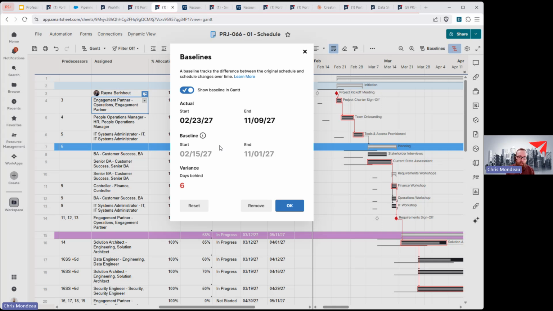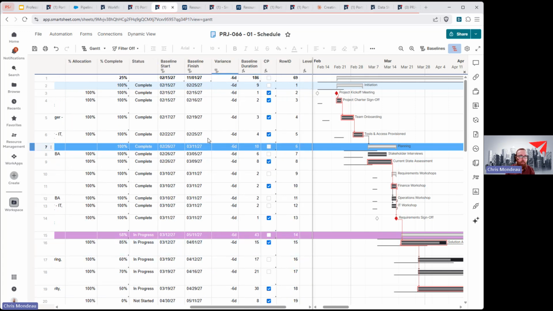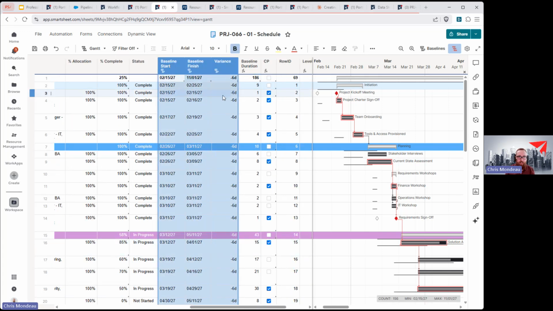So as these sprints are going through the development, or maybe you're adding in new deliverables from a change order, you can start to see how far away from baseline you've progressed. And that can also feed in additional metrics from these dedicated baseline fields. And this can be used to roll up to project dashboards or portfolio dashboards, or even create automations to say